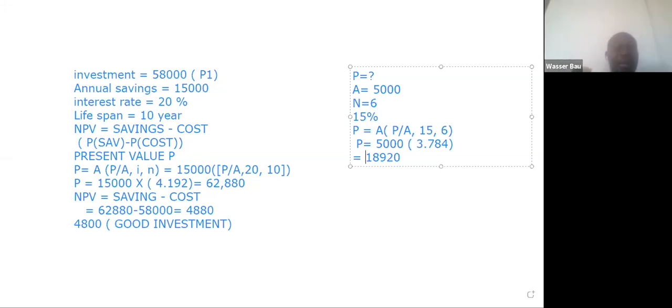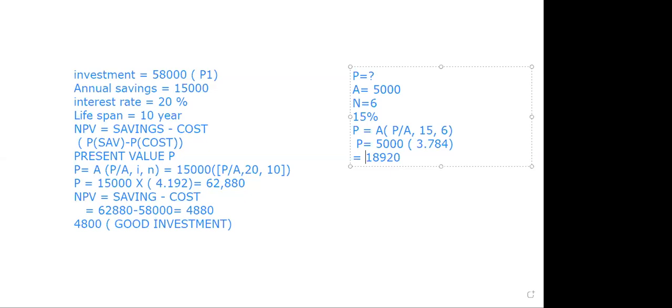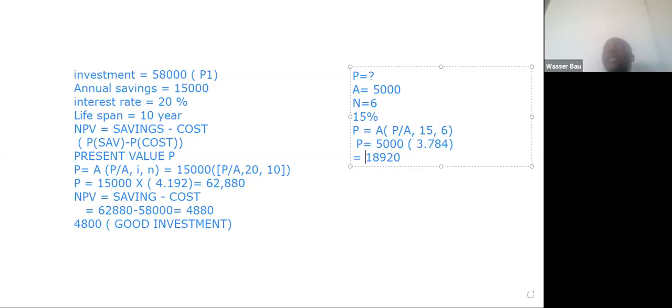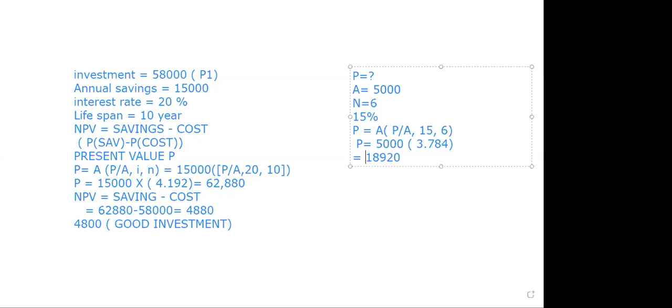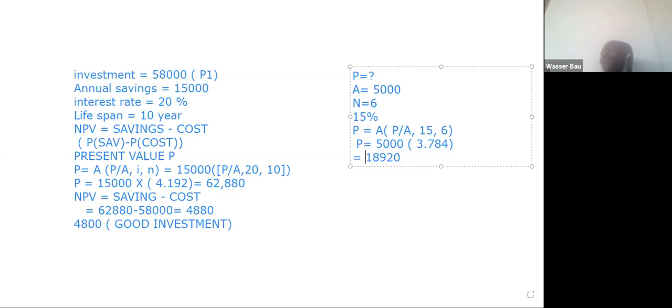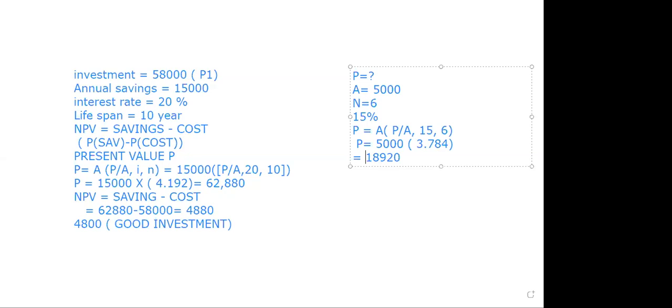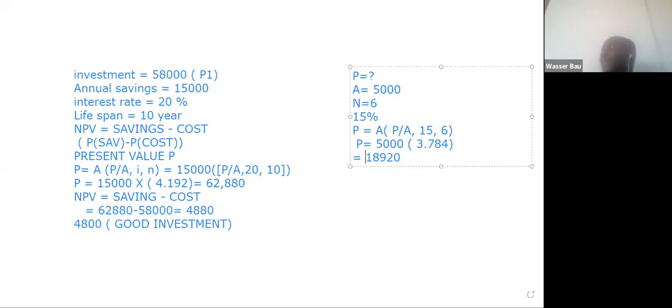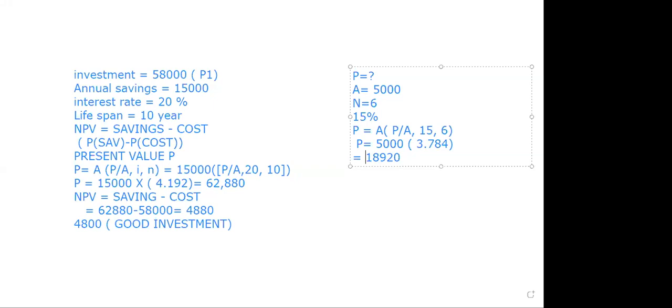comes with a proposal of more than $18,000 for this investment, then it's not worth it. Are we together? Yes. It means that the project cannot pay for itself. And that is a problem of many renewable energy investments in Nigeria now. Once you are not able to capture this,